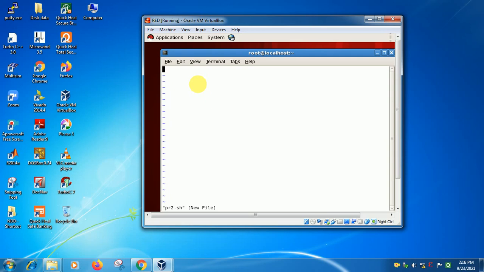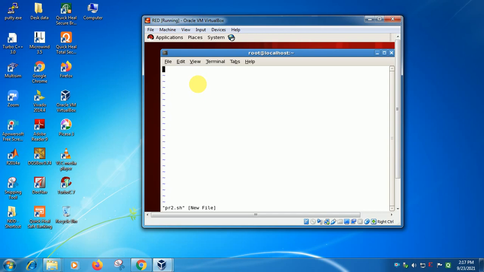If I type here, the letters are not typed. To allow editing, we have to enable the editor by pressing I on the keyboard.